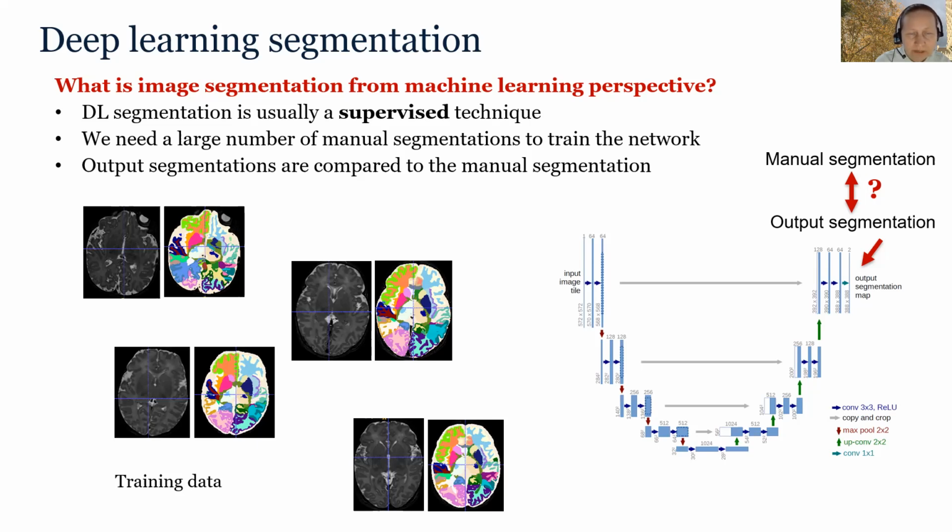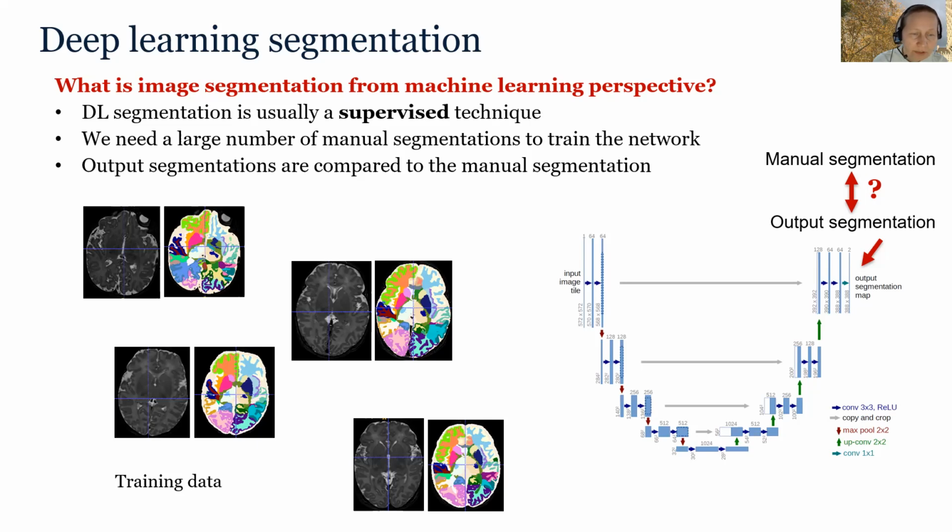For example, we used K-means clustering. Clustering is an unsupervised machine learning technique, and we said that we want to cluster the pixels based on intensity in such a way that we have the minimal within-class variance. Also, when we did the registration-based segmentation, we would align the images together using a similarity measure and then transfer the labels. So again, that's unsupervised. On the other hand, deep learning segmentation is typically supervised,